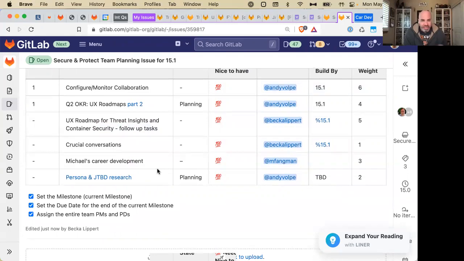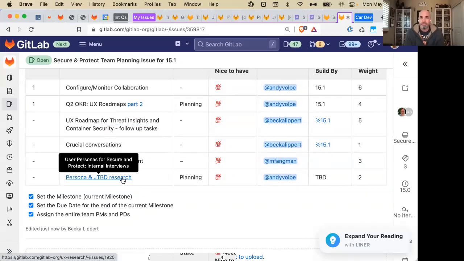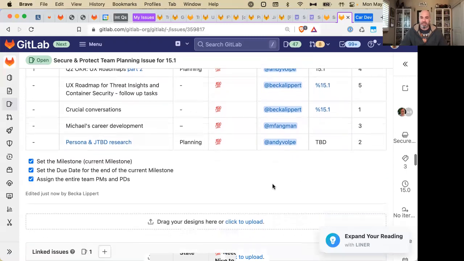Persona and jobs to be done research. This is for Michael. Oliver is taking on helping Sam White suss out the InfoSec side of the jobs to be done, also taking a look at the AppSec analyst. So I'm going to be there for subject matter expertise and helping this process along. It's not paced for anything specific, so it'll probably be 2 points just helping set up, and then I'll help with some moderation too. All right. Cool. I like the sound of that. Glad that's getting done.